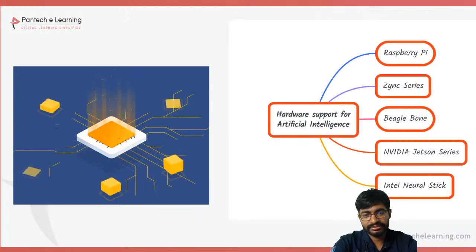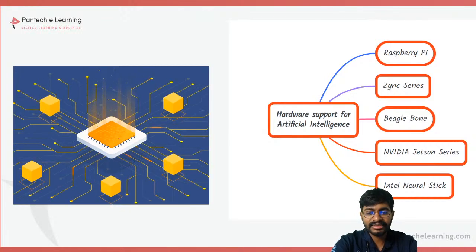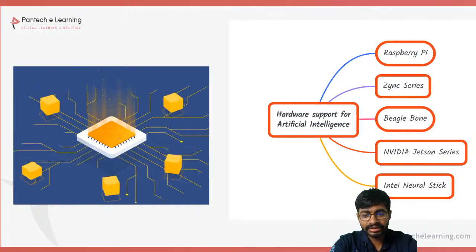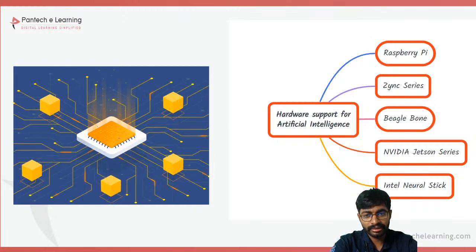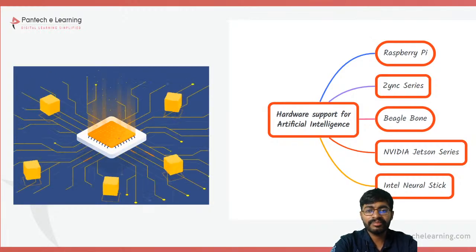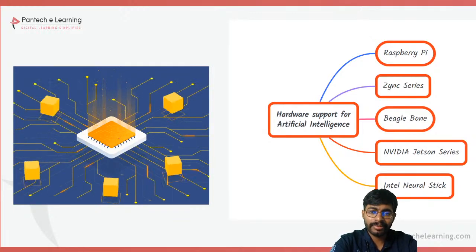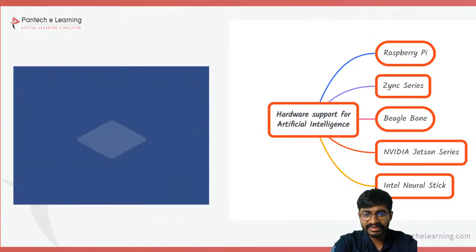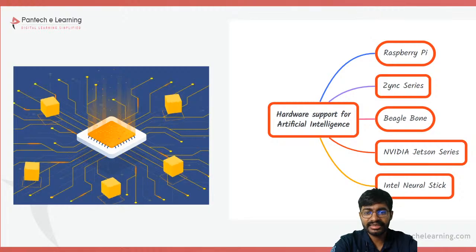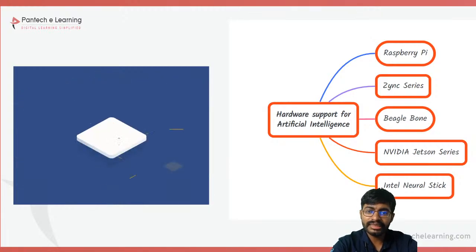Jetson Xavier. Some series are provided with NVIDIA processors, and inside that NVIDIA processor itself, we can go with CUDA. Then the Intel Neural Stick is provided from Intel processors. Now inside this Raspberry Pi, we can connect a USB camera and write the complete script of code to access image processing, machine learning and its execution. The same applies to the Zynq series along with the Linux portions.